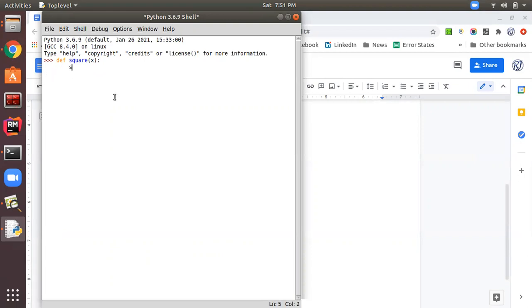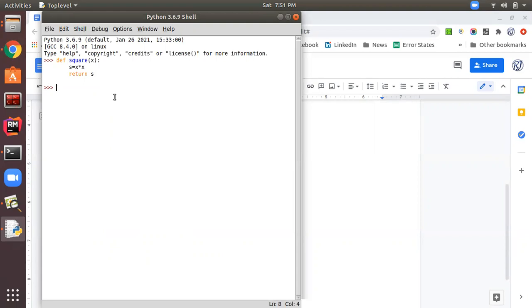Now I'm storing the square in the variable s after multiplying x with x. This is my simple function. Then I need to return the result: return s. Now I press enter, it returns back to the Python prompt.